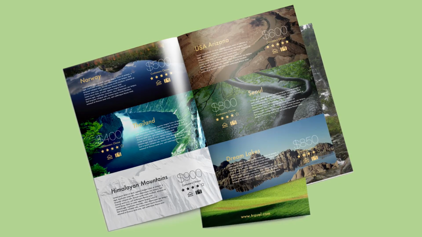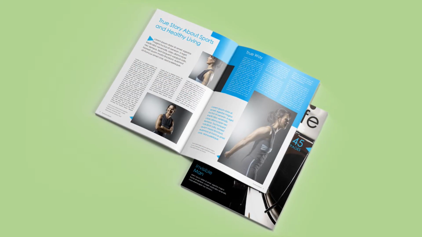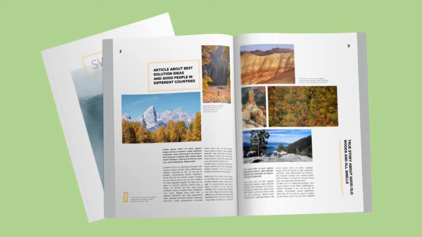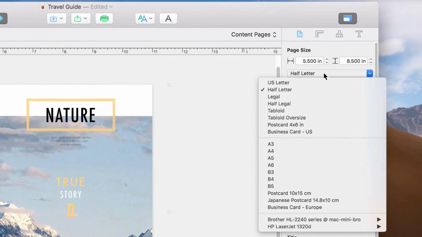In this video, we'll learn how to create booklets in Swift Publisher. First, let's outline what a booklet is. Until the point when you print or export it, a booklet is mostly a regular multi-page document. Its main feature is that once a booklet is printed, you fold paper sheets in half in order to create a small book. So a paper format selected in the inspector should be twice as small as the paper sheets